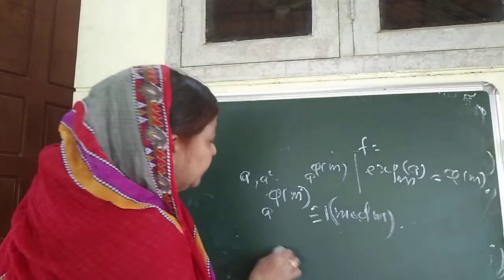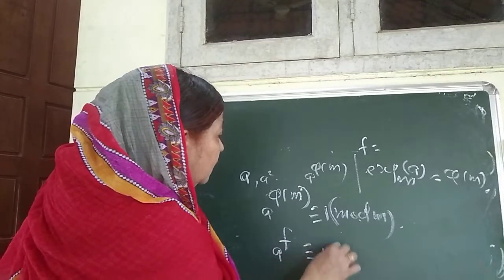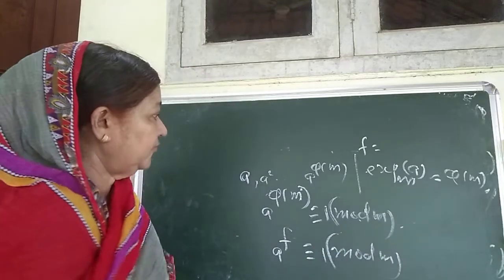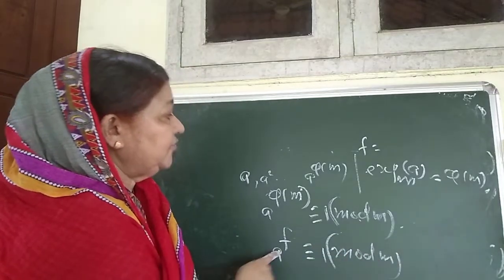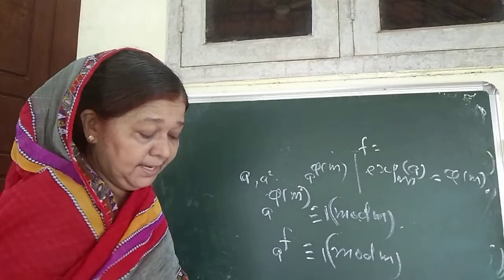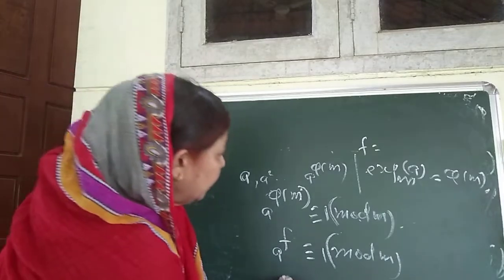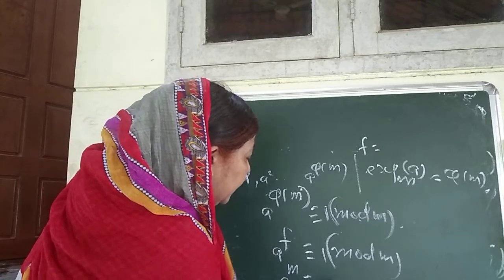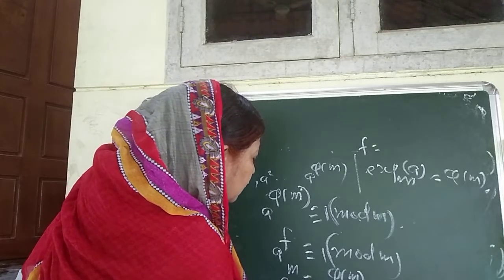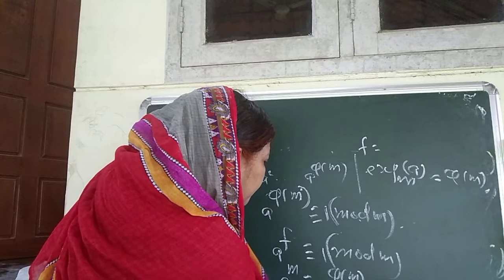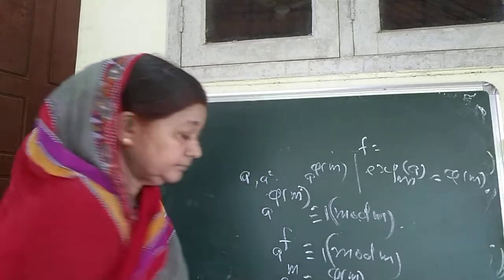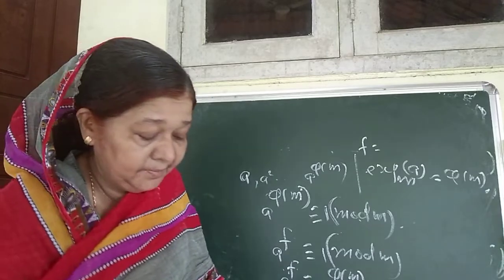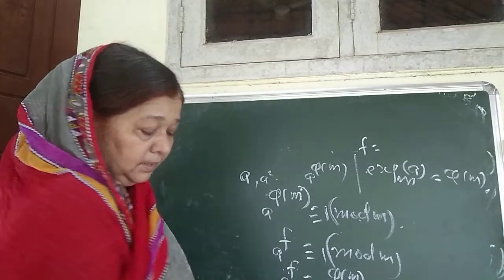Also, a raised to φ(m) is congruent to 1 modulo m. Therefore, we get a raised to φ(m) is congruent to a raised to φ(m) modulo m. a raised to φ(m) is congruent to a raised to φ(m) modulo m. But